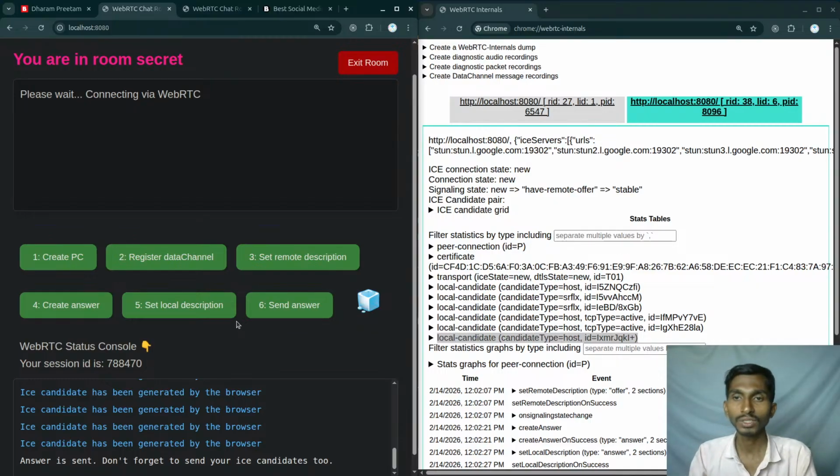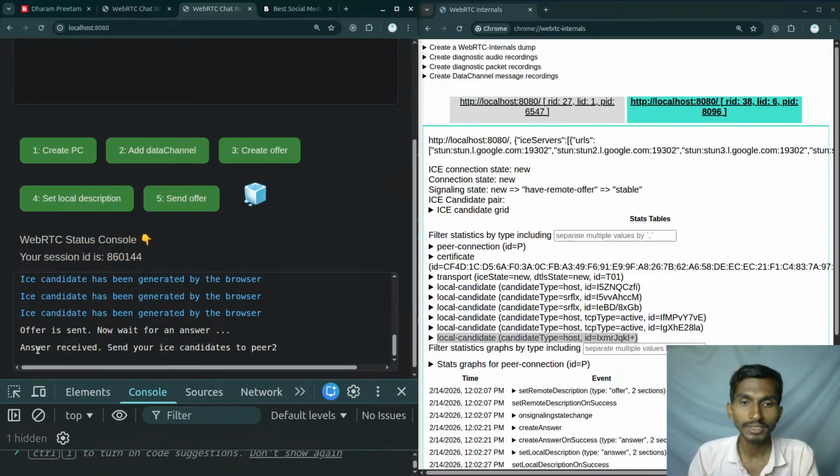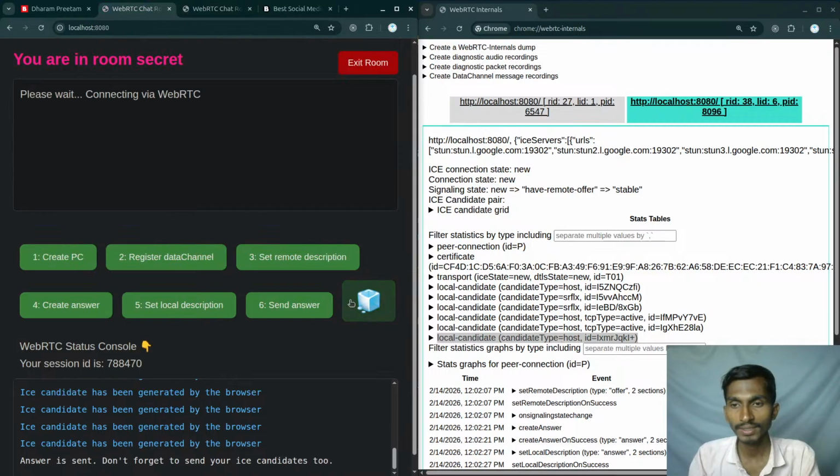Once I have these candidates, first of all I'm sending the answer from here. So I sent the answer to the second user side, so I must be getting that over here too: answer received, send your ICE candidates to peer 2. So I have received the answer, but I haven't received the ICE candidates yet. This is peer 1, and it hasn't sent the ICE candidates yet, and peer 2 hasn't sent the ICE candidates yet. So they have exchanged the offer and answer, but they haven't sent the ICE candidates. So I'm going to be sending the ICE candidates from here, and as soon as I send the ICE candidates,